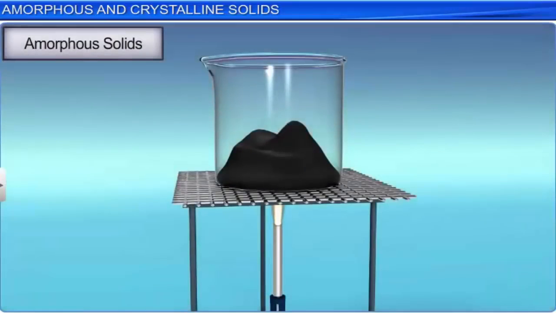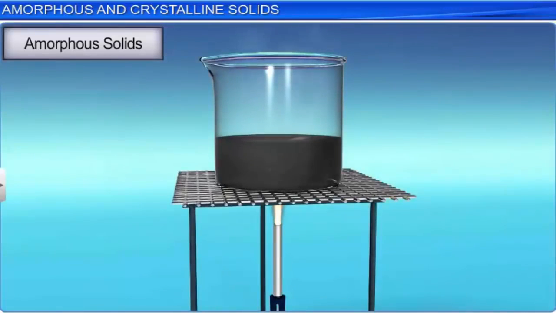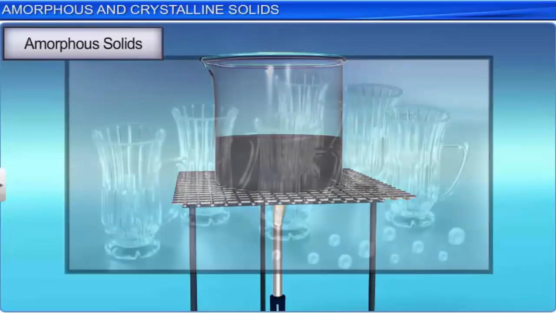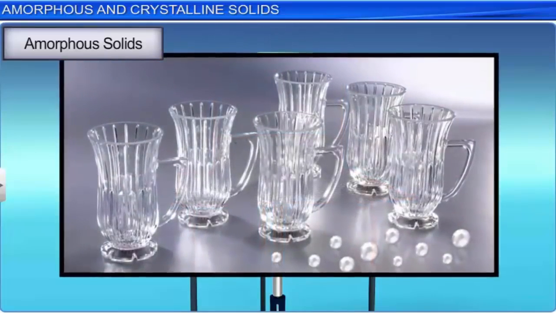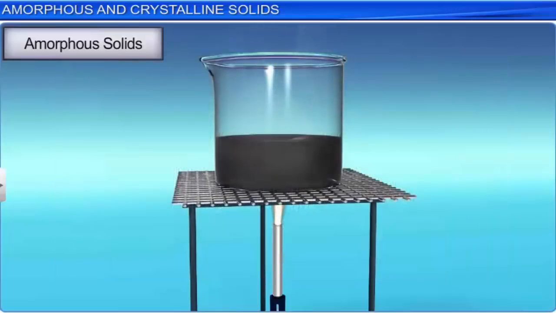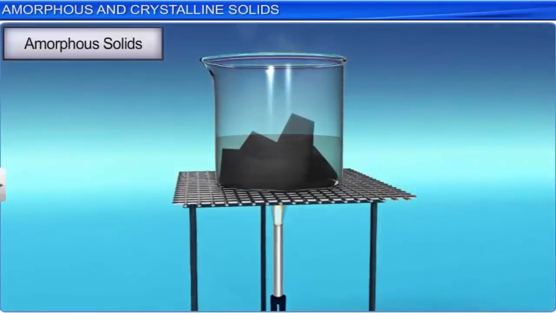In many respects, these solids resemble liquids. They flow very slowly at room temperature and are regarded as supercooled liquids in which the forces holding the molecules together are so great that the material is rigid, but there is no regularity in the structure. The flow of these solids is clearly observed in glass panes fixed to the windows or doors of old buildings. These are found to be slightly thicker at the bottom than at the top.